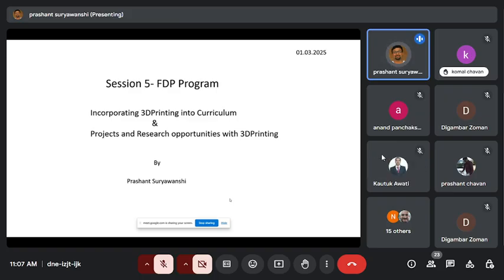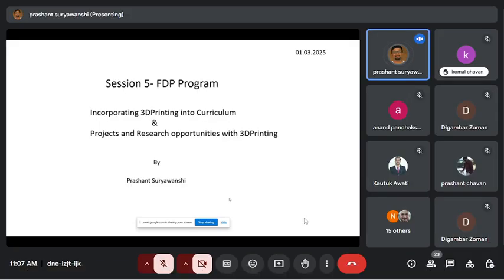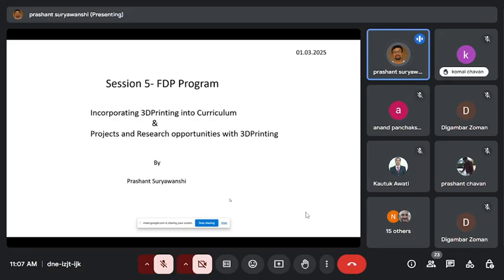The former presenters have covered topics like what 3D printing is, the types of 3D printing technologies, and applications. Today we are going to cover how we can use 3D printing in the curriculum, and also what research and project opportunities you have with 3D printing.